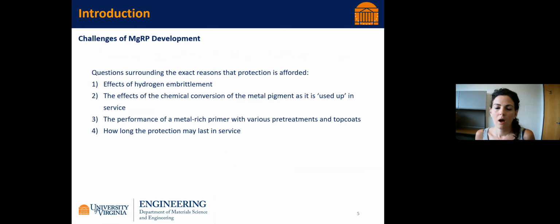Here in the US, the military has over the last 10 to 15 years spent a lot of time and resources studying magnesium-rich primers. For many years, zinc-rich primers have been successful in protecting steel. Magnesium is a great option for the protection of aluminium, magnesium alloys, and galvanized steel, where we've got a zinc layer. But the military has been slow to adopt magnesium-rich primers for use on its DoD aircraft fleet, because there